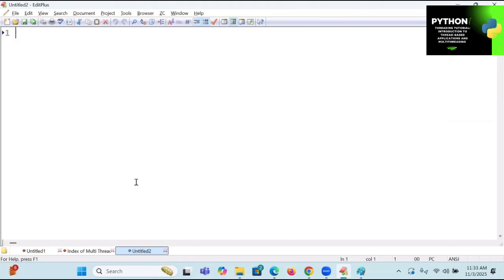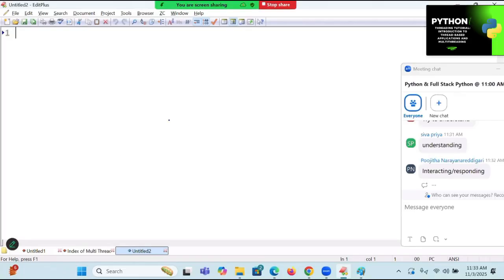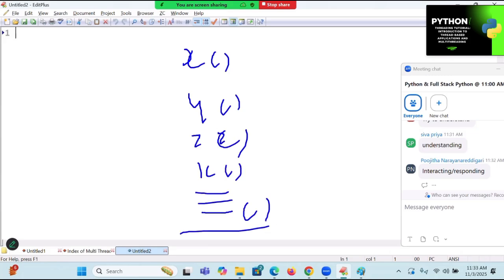That separate activity, listening, is an operation. Operations in Python are performed by using what? Functions, methods. Functions are used for performing an operation and provide code reusability. Functions contain the logic. So here I'm going to write x function, y function, z function, etc. So many functions you are taking.